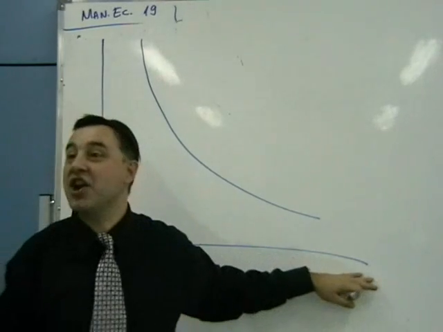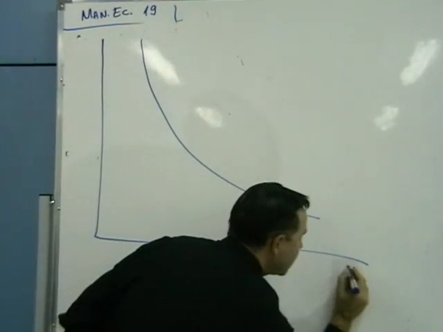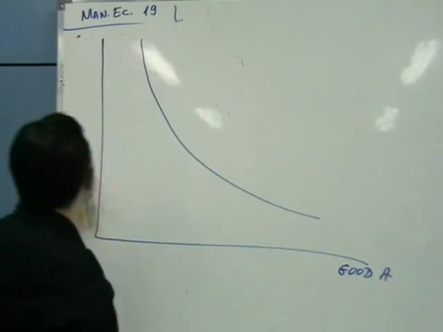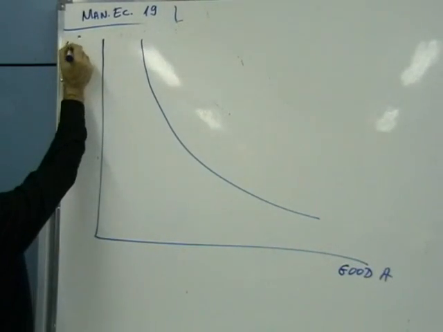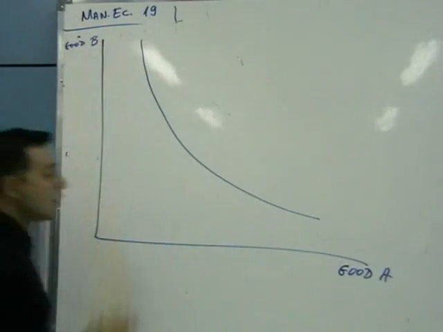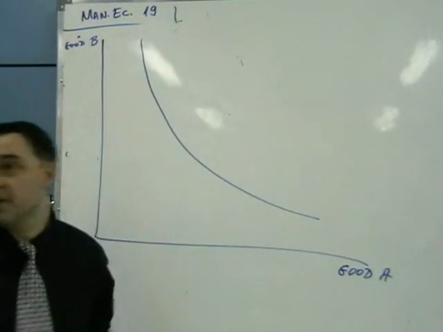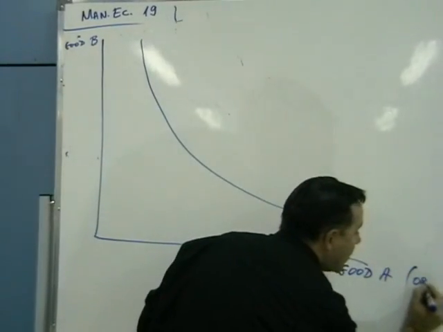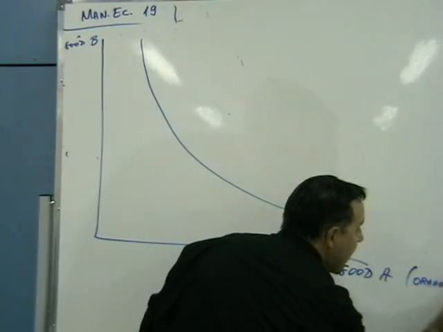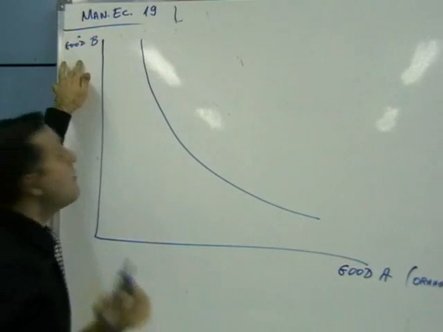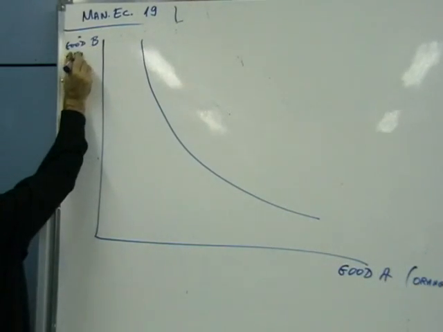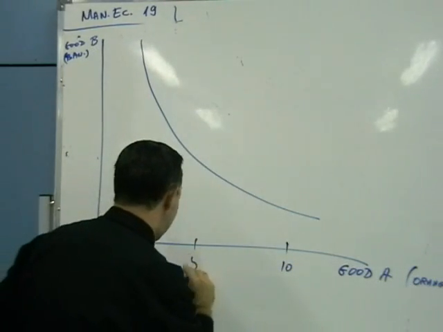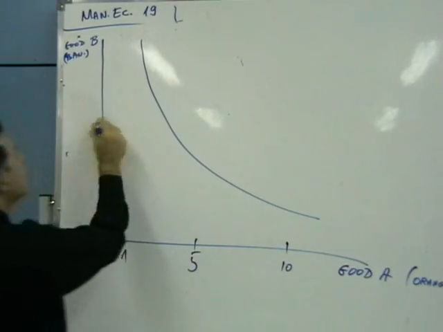Alright, so what do we have here? We have on this good A. Alright, that's one good. We have on this here, of course, good B. In other words, you have consumer good A, consumer good B. They could be substitutes, they could be complements. Oranges and what? Apples or bananas. Okay, it's the same story. Bananas or apples. Alright, so you have here 10, 5, it's going to be 1, again 5,